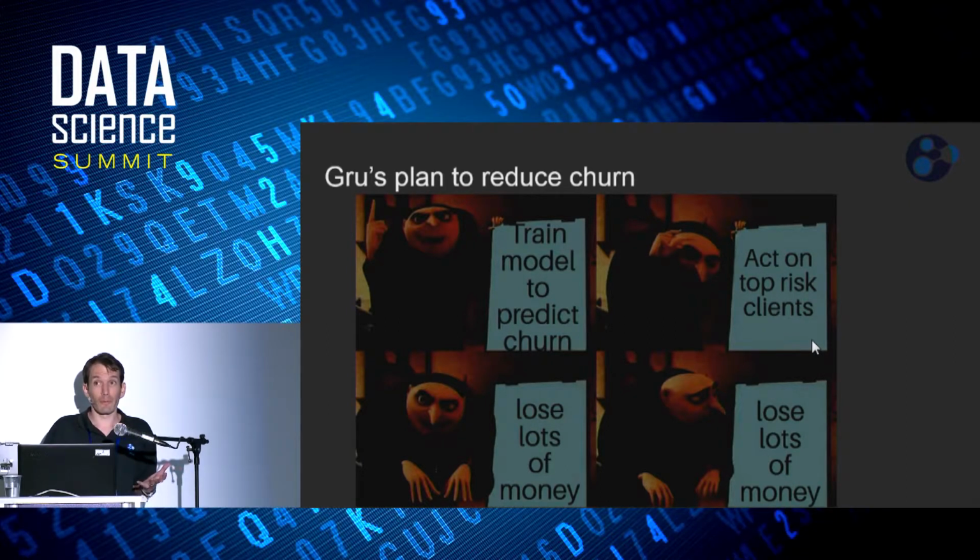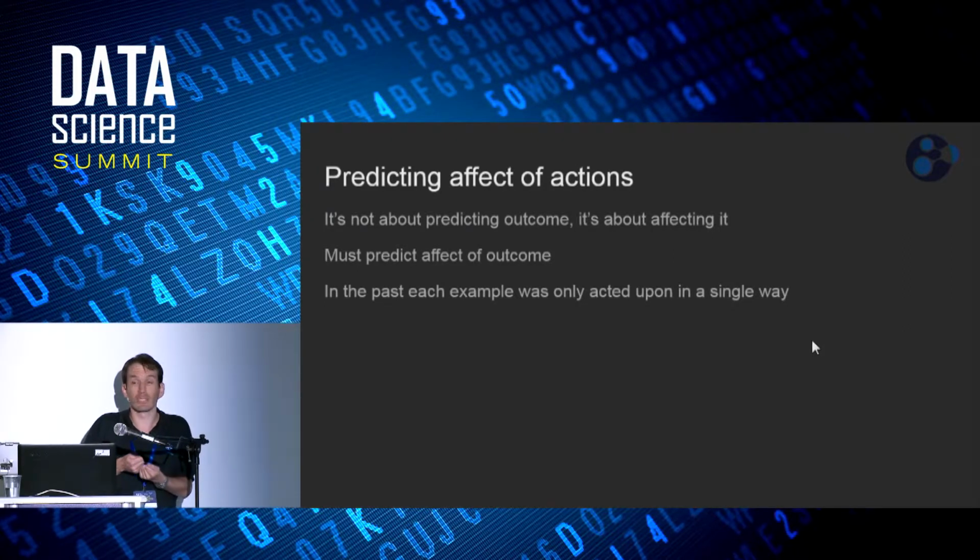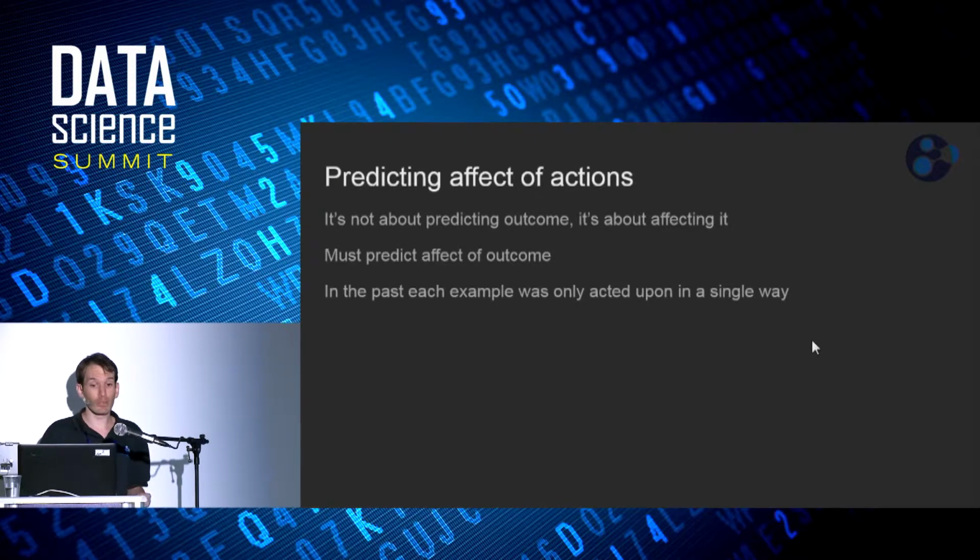So some people who are likely to churn are not salvageable at all. Others may be salvageable, but only with the correct action. We need to match the right action to the right person. If a person isn't happy with the service, giving him a discount isn't likely to help. Maybe it will even hurt. Maybe it will remind him there are other options out there, and we will actually induce churn by sending him a coupon. So we need to match the right thing.